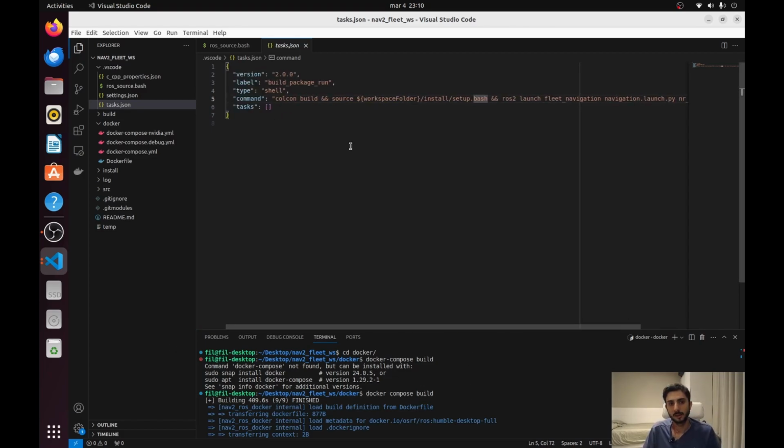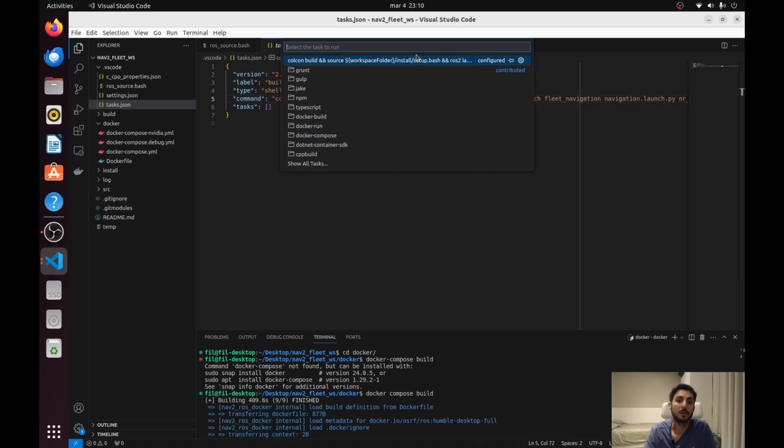So this is something that can be useful, especially when you set it up with a key binding. So in this case, I set it up with Ctrl+1, and I can launch this